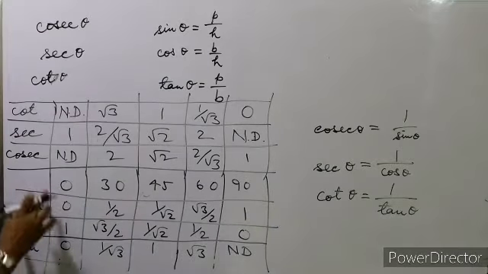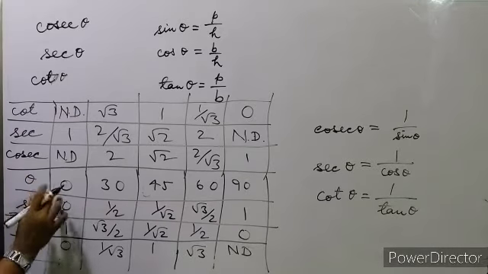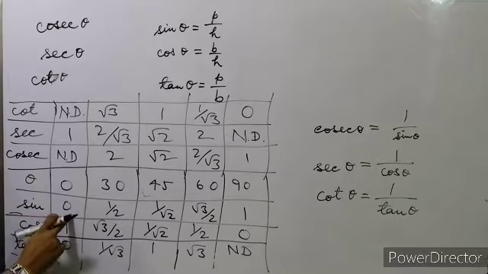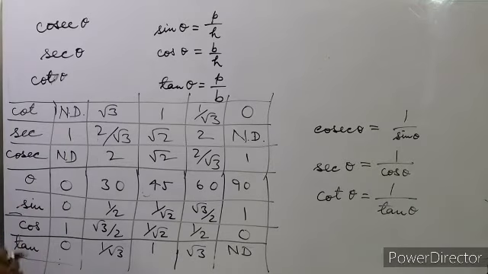This is the table. You can see theta is equal to 0, 30, 45, 60, 90. So sine 0 will be 0. These are the values for sine, cos, tan, cosec, secant, cot. I hope you understood the trick to find out the value of sine, cos and tan for 0, 30, 45, 60 and 90. Okay, so this one is the best method to find out the value of sine, cos, tan, and based on sine, cos, tan, you can also find out the cosec, secant, cot theta.